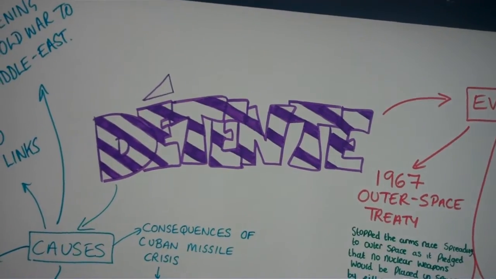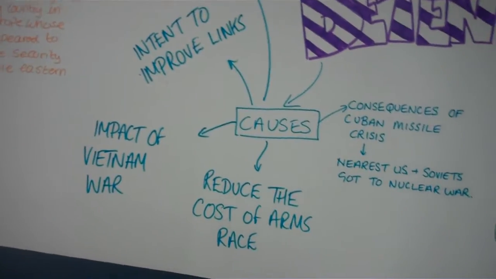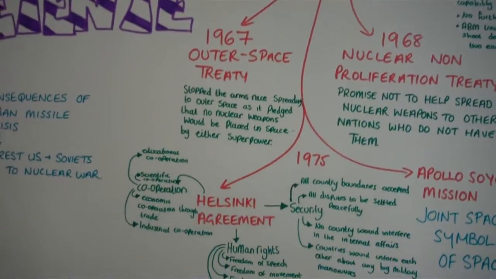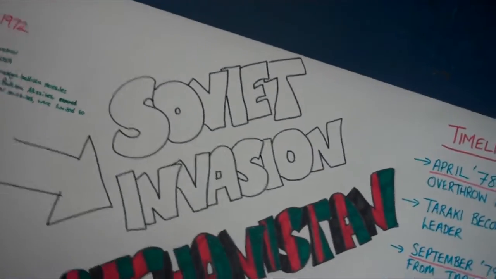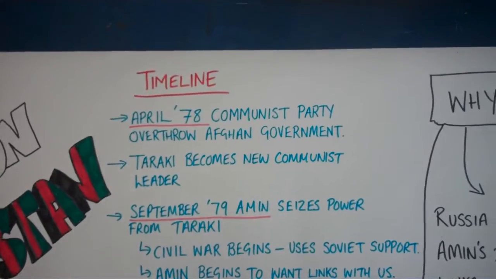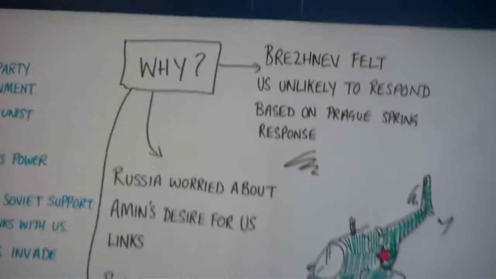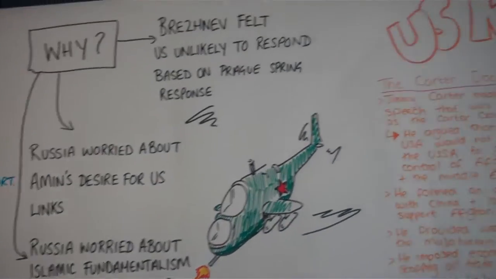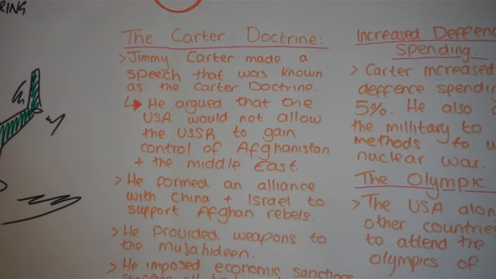We then move on to détente, looking at why it happened, looking at the events of détente, moving into why it failed with the Soviet invasion of Afghanistan, timeline, a key event, why the Soviets responded in the way they did, and then the US response, looking at the Carter Doctrine,